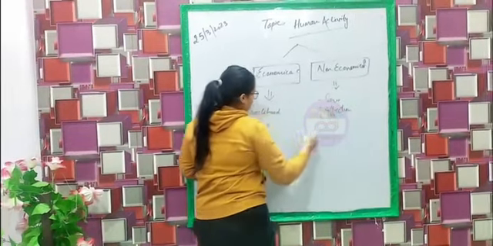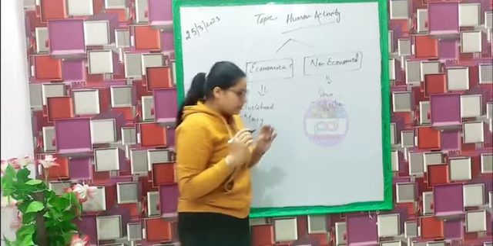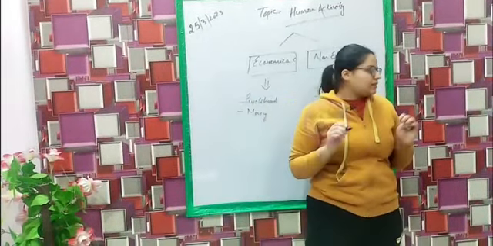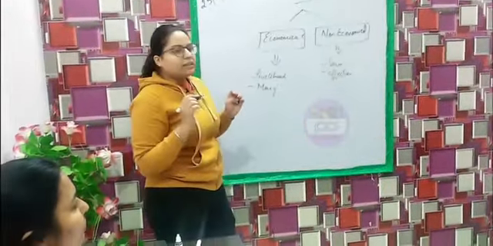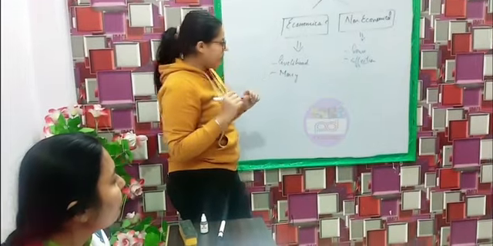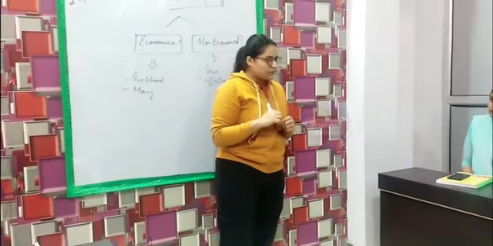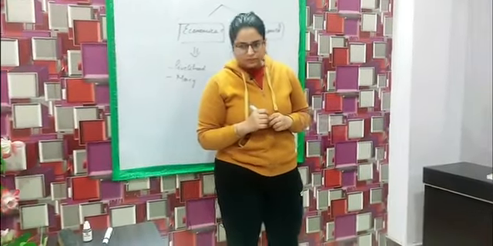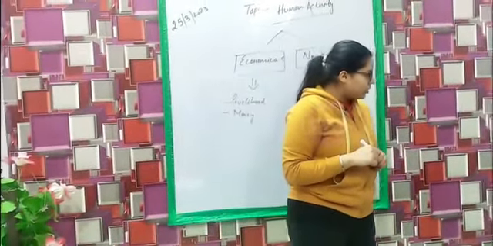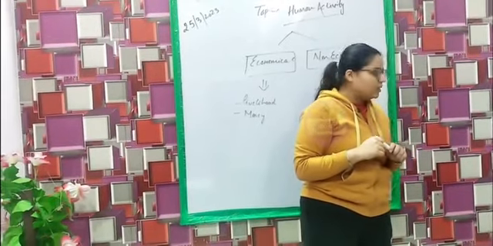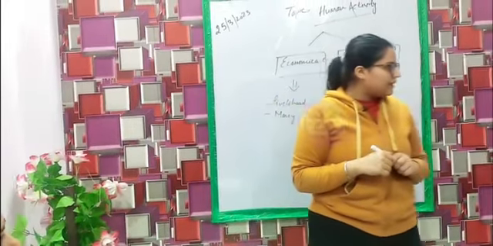Now class, I also want some more examples from you. Tell me what kind of activities your father or mother do to earn a livelihood, or by what source money comes into your home. Give me some examples. Your father is a CA. Your father is a farmer. Your mother is a teacher. Very good. Your father goes to a shop daily, it means he is a business owner. Your father is employed in an accounting firm. Your mother works in an MNC.